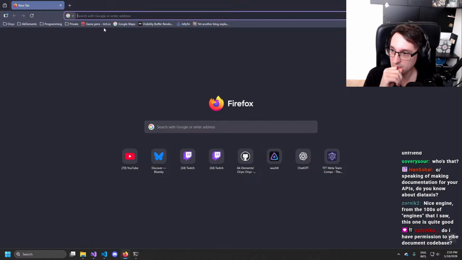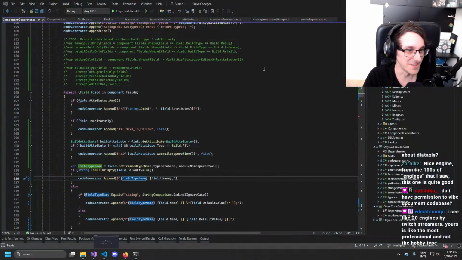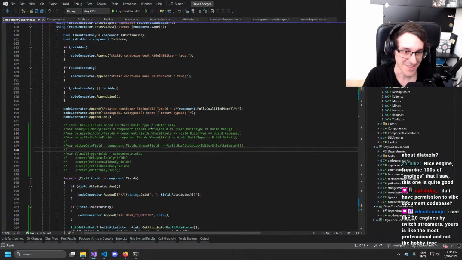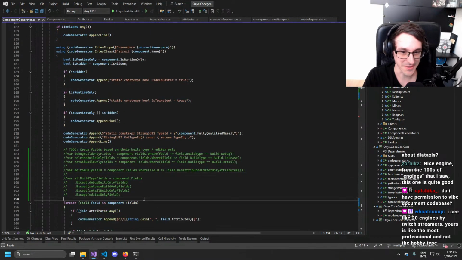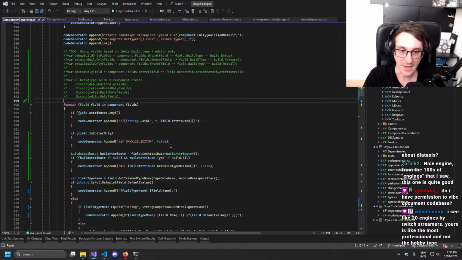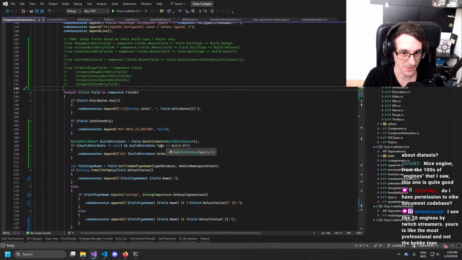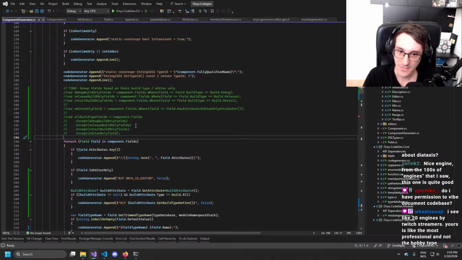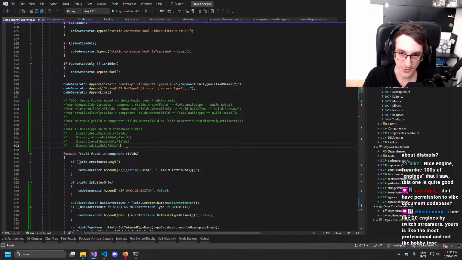Do I have permission to wipe document codebase? I did that already to some extent, but it's so hard to give the context that it needs. But I mean, sure, go ahead if you want to. Well, there was as well the Hazel engine, which I think is not too bad.